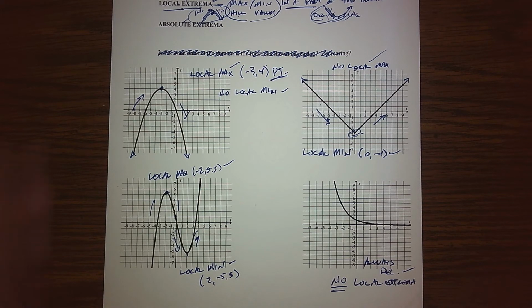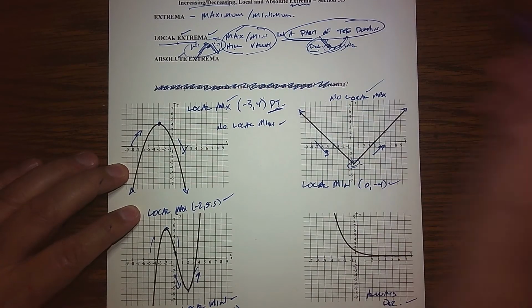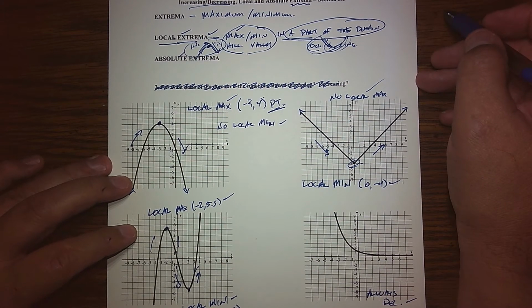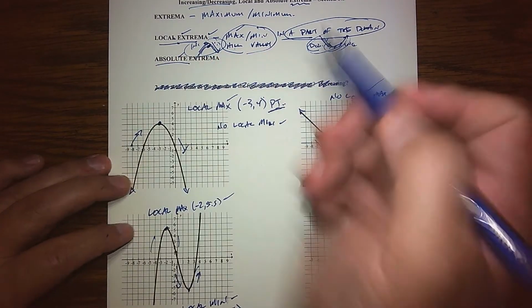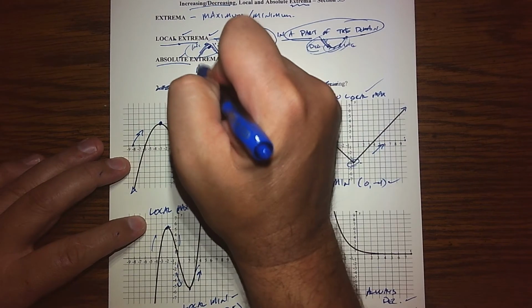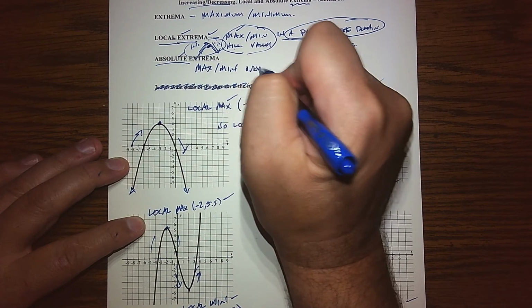You've got to be at the top of a hill, or you've got to be at the bottom of a valley. We're at a high point in some part of the domain, right? Or we're at a low point in some part of the domain. The absolute extrema, don't confuse that with absolute value, because that's not what we're talking about here. But this is basically the max or the min over the